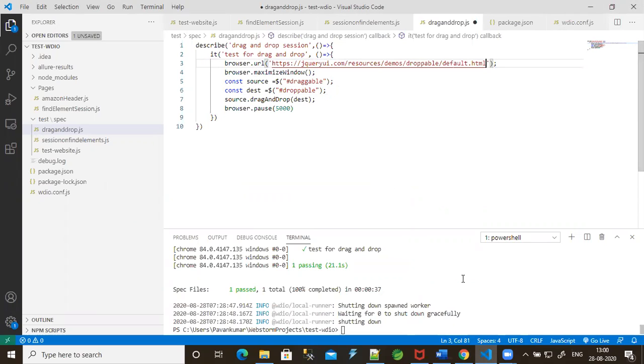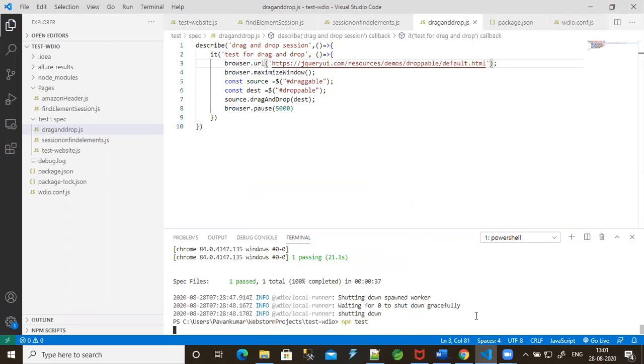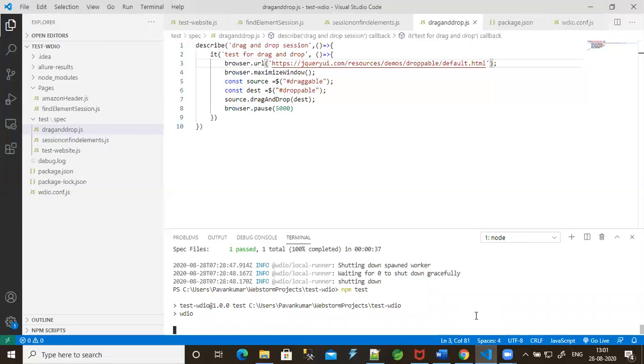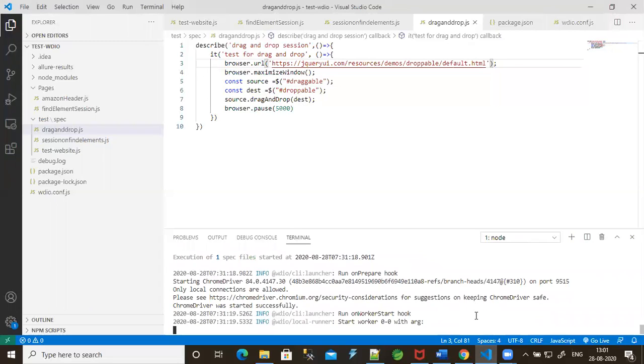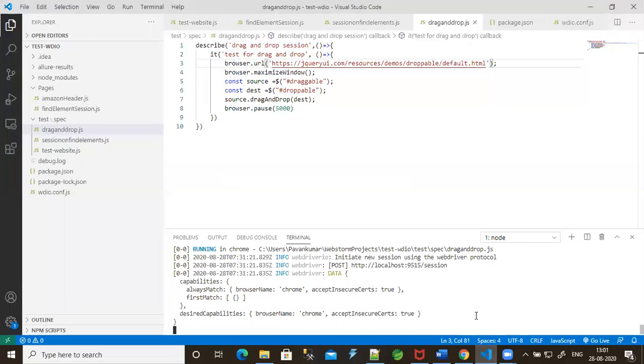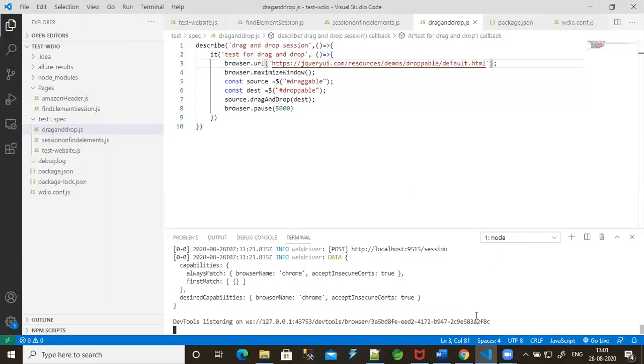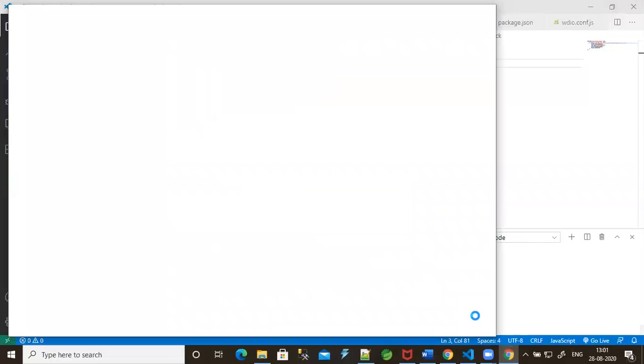Well, let me run and try whether it works or not. npm test. Desired capabilities are loaded. Listening port has initiated.